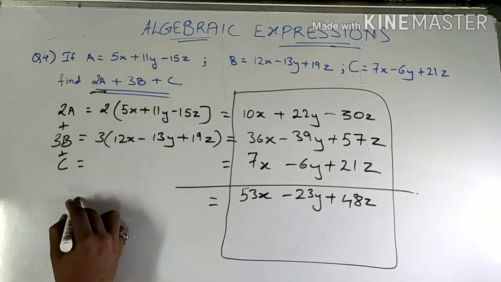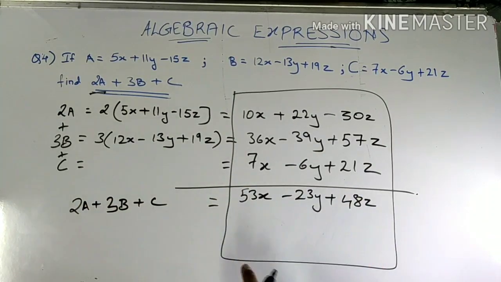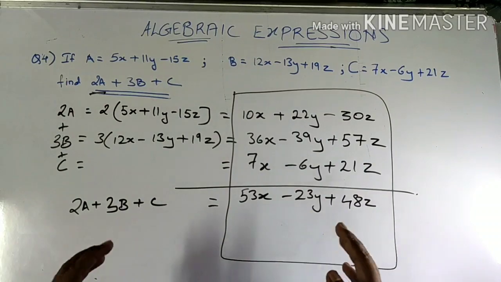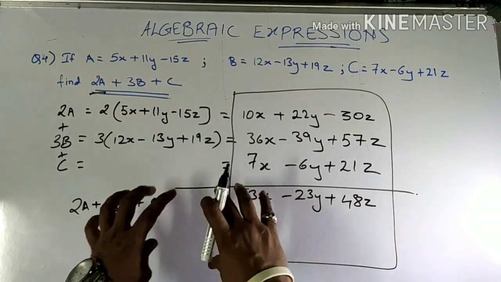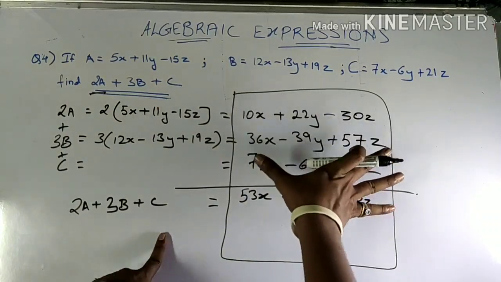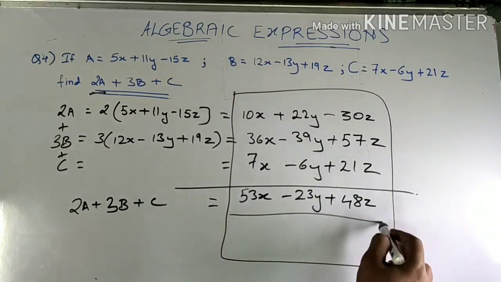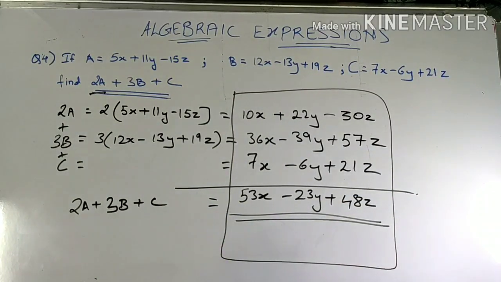So when I write it over here, 2a plus 3b plus c is this. In an exam, or when you are writing in a fair notebook, you add this separately afterwards by writing 2a plus 3b plus c is equal to this first expression plus second expression plus third expression, which gives me the final answer, 53x minus 23y plus 48z. Now let's solve one sum where we will be practically applying this concept of addition and subtraction in one of the real life scenarios.